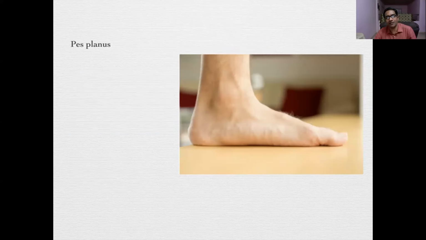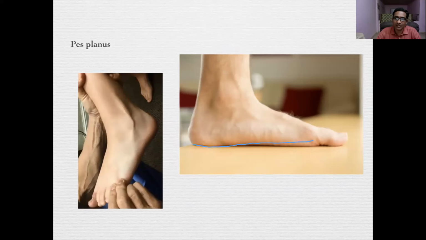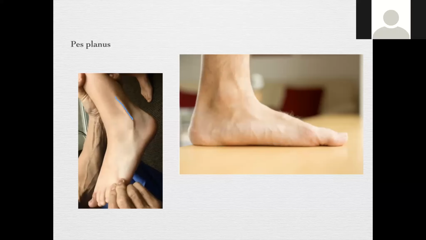Pes planus is a flat foot when there is no arch. This is another variety, where you have a flat foot, but you have the peroneal tendon standing out. This is called a peroneal spastic flat foot. Usually it indicates pathology, and means two things. One, that it is painful. Two, usually the subtalar joint is to blame. Either there is an arthritis there or there is a tarsal coalition there.